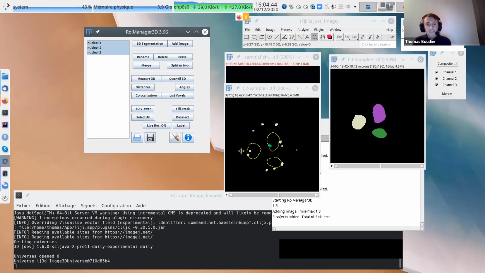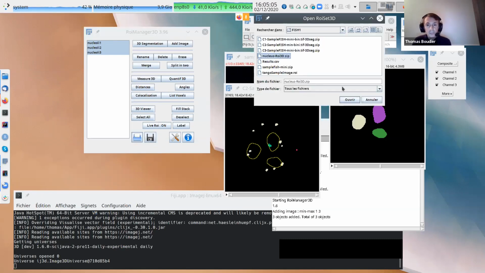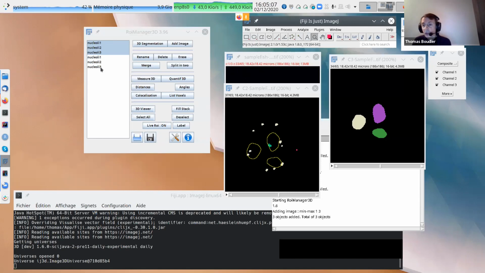It will save the objects, there's no image at all, it's just objects. And the only way to reload this file is inside 3D Manager. Only 3D Manager can load this 3D array and then load the objects. Just click and you see 3 more objects, because it will add to the list.